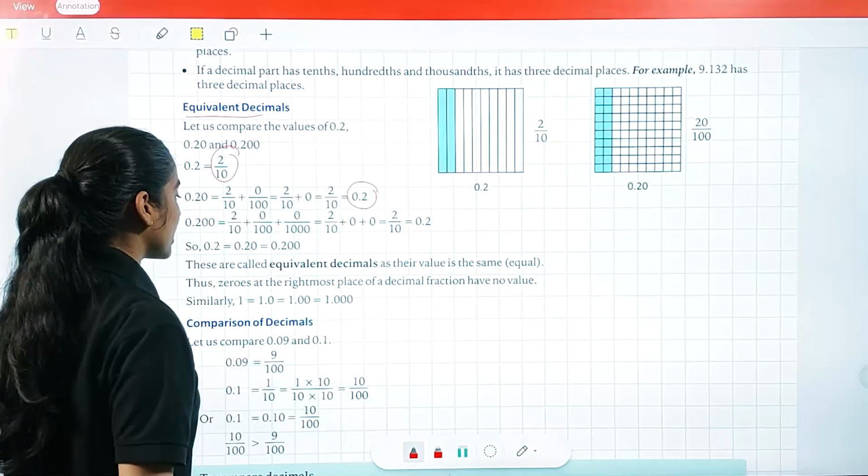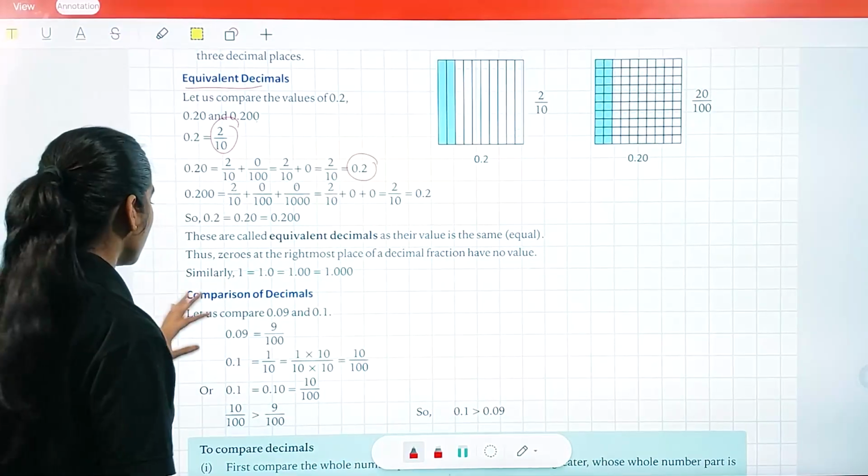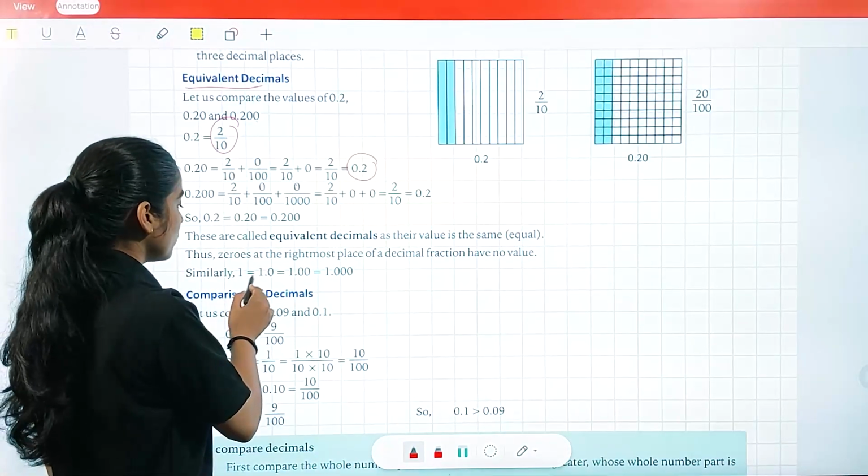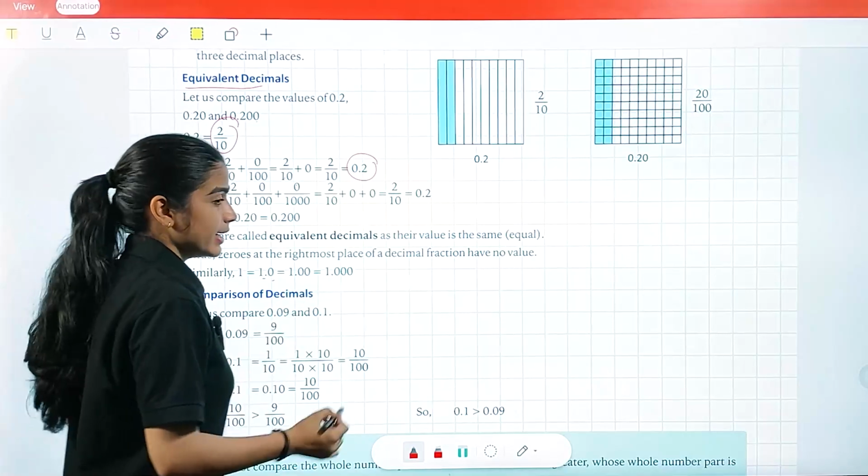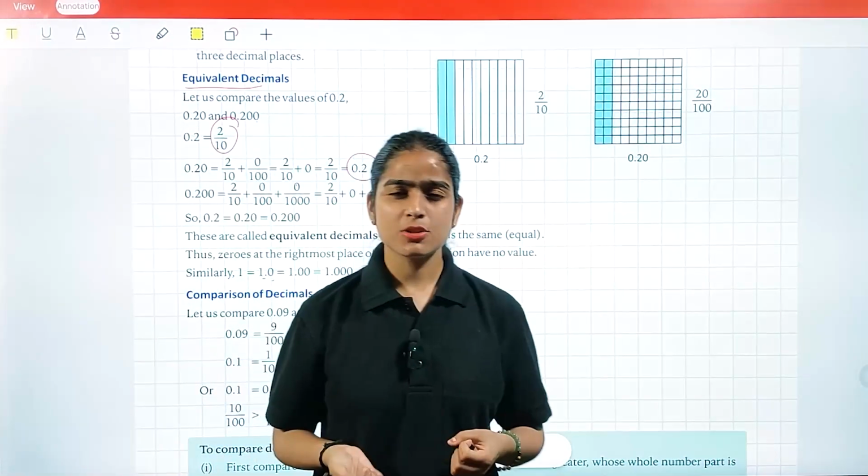The zeros at the rightmost place of a decimal fraction have no value. Similarly 1, 1.0, 1.00. It means that after the point, whatever zeros come,